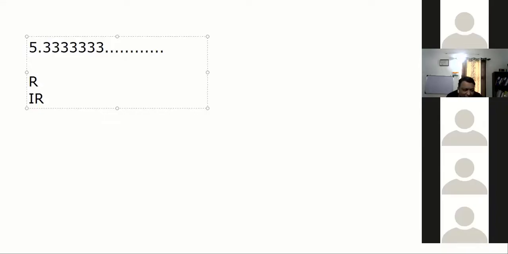What are irrational numbers, Gauri, Sagarika, Soumya? What are irrational numbers? Soumya changed, Dhruv changed, Slesha changed. This number is non-terminating, fine, but it is repeating. That's why it is a rational number. It is repeating, that's why. Irrational numbers means they will never repeat, they will never terminate. Both properties should be there.